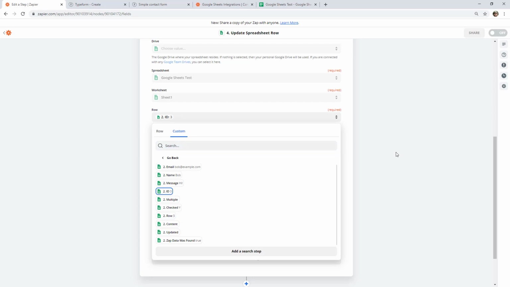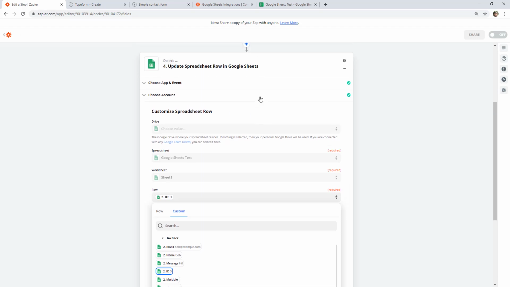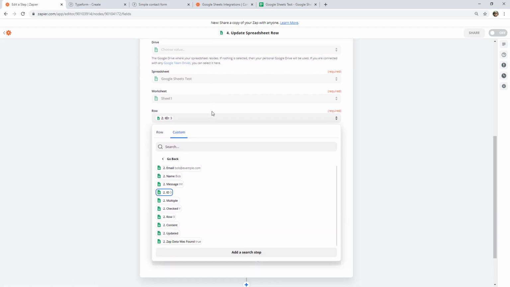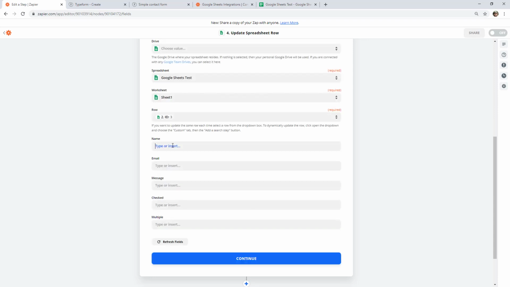There is a kind of shortcut to this. If you happened to create this step first and you hadn't created the lookup step yet, you can hit this button here and it will actually automatically add what we did earlier. I just think it doesn't make as much sense to do it that way. You're kind of building the Zap backwards, but it is there. If you find yourself in this position, you realize you haven't created that search step, you can just click this button here. But we just need to map in that ID, which we have,